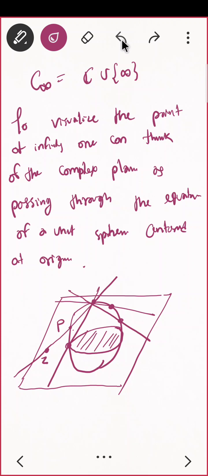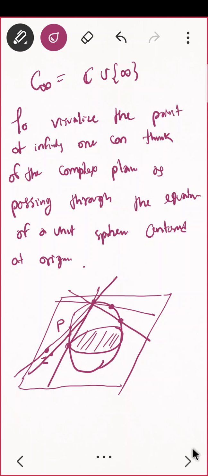If the point is on the equator, z and that point are the same. If you take another point, say this point, there will be a z for that. Correct? So do you see, from the pole, I am able to give a map which gives to each point of the complex plane